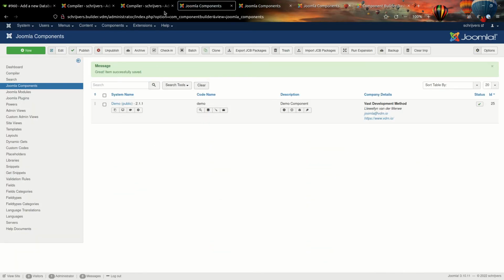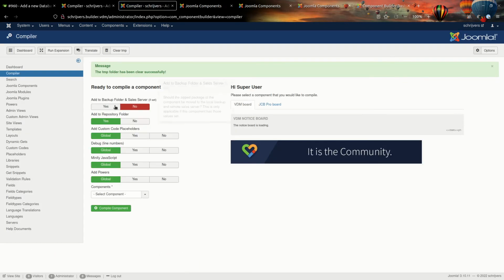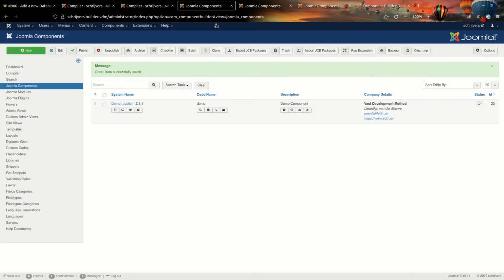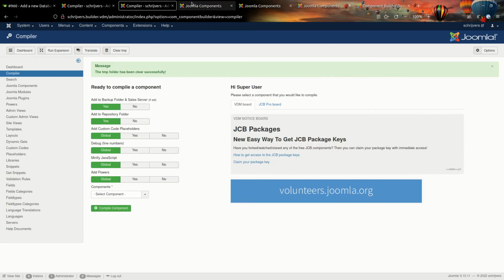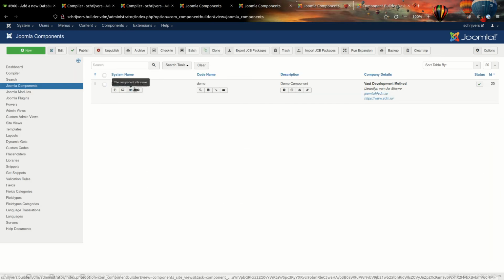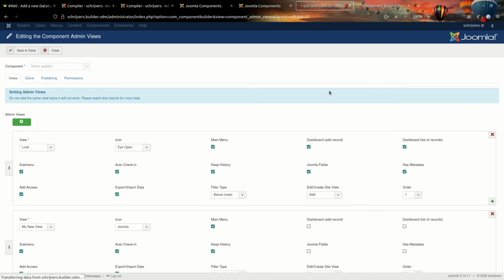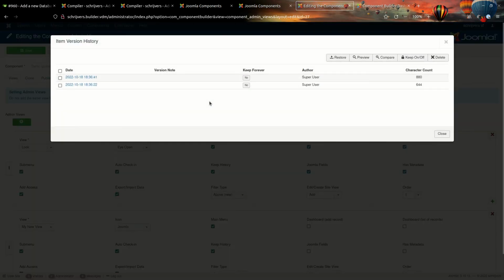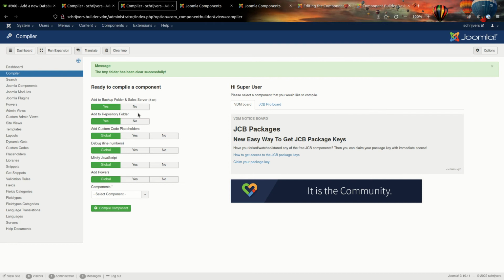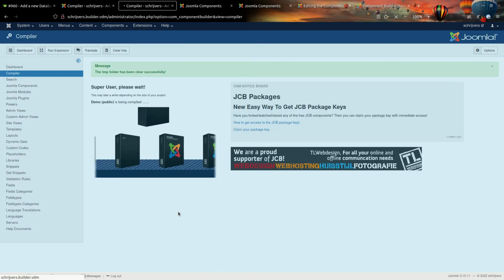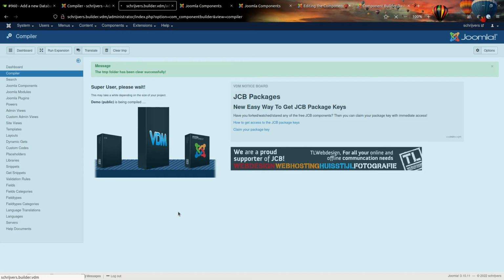Save and close. And if I now go to the compiler, and so theoretically, what we've just done, if I can quickly find that area again, open up here, take away the return. It's always a bit of a challenge taking out that return. And then view version. We have now two versions, you see, okay, but none of them are linked to the component. So at this point, if I compile the component, so I go and say compile,